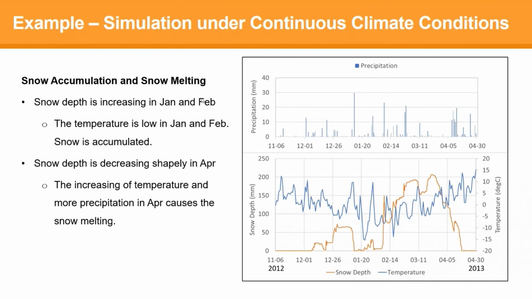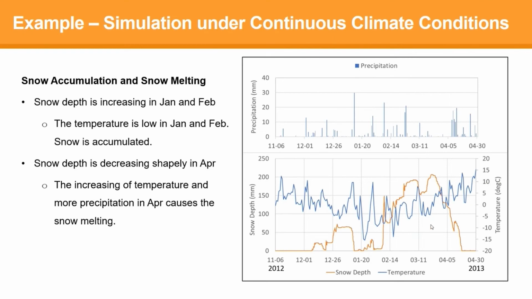So next, I want to give some more details about the snow accumulation and snow melting. Those two charts are a comparison of the precipitation, the snow depths, and also the temperature. Here you can see a very clear drop in March and April, because the temperature is increasing in March and April. So the snow depth is dropping. That means snow is melting